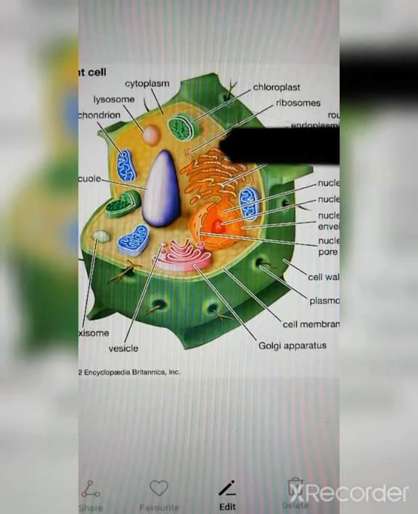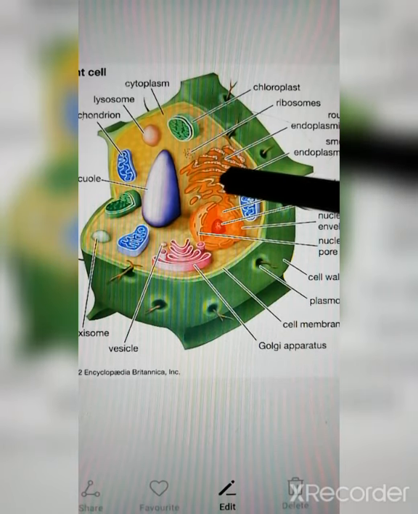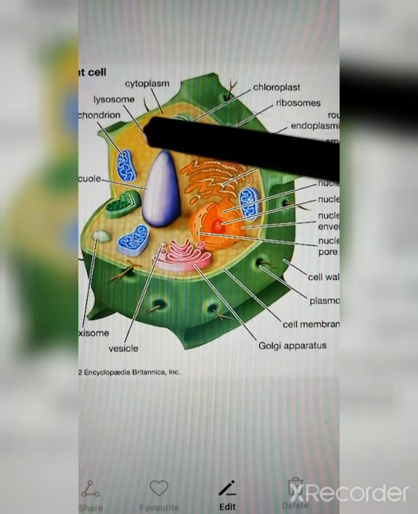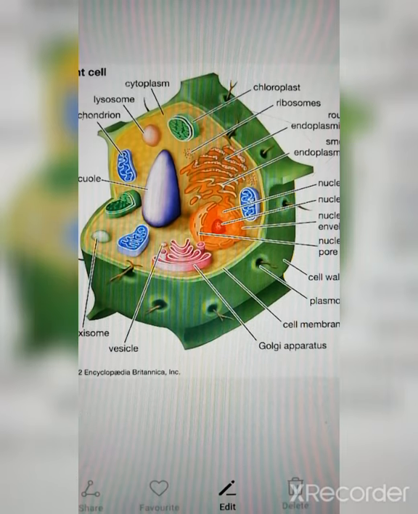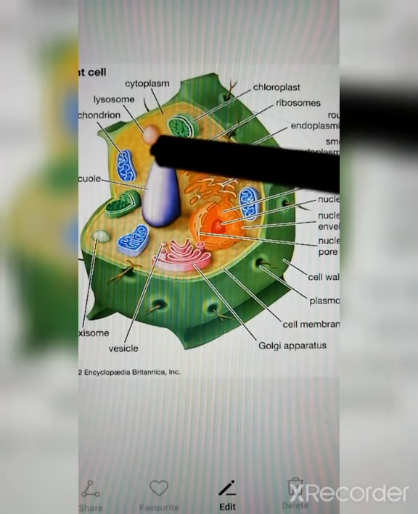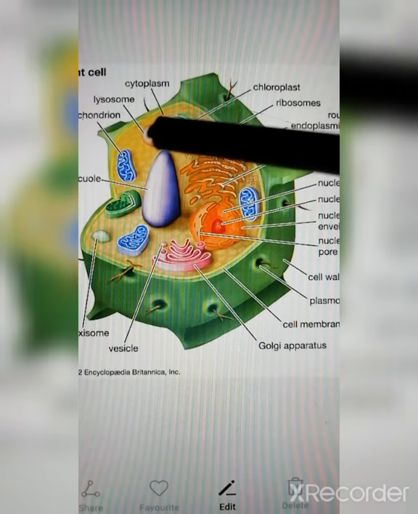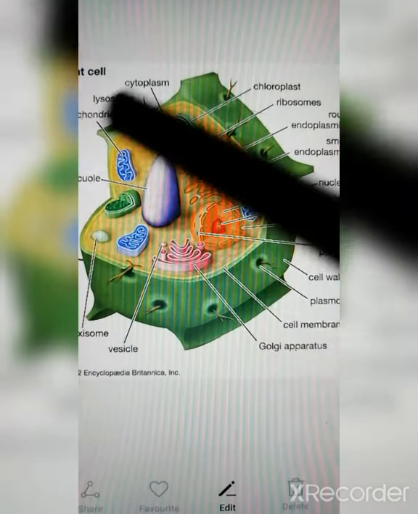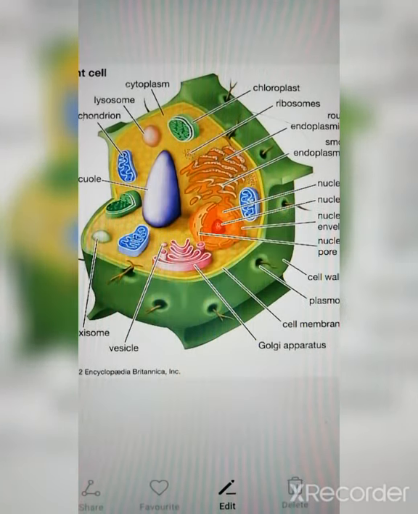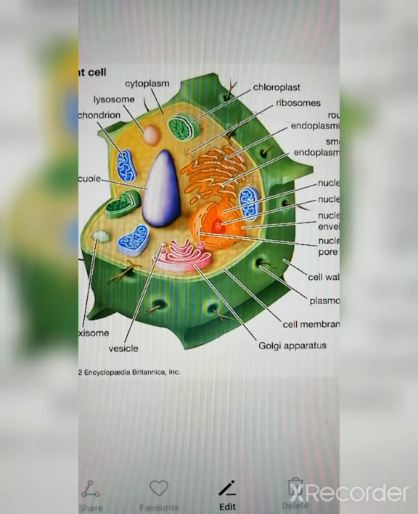Some of the toxic substances which are produced in the process are sent to the lysosomes. These are the lysosomes which are present in the cell, and the lysosome plays an important role in digesting the toxic substances, or else sometimes it bursts in order to protect the cell from the toxic substance. That is the reason why the lysosome is also called the suicidal bag.